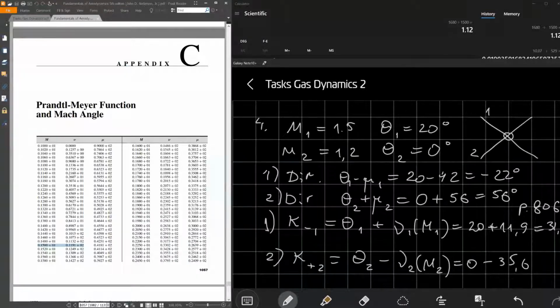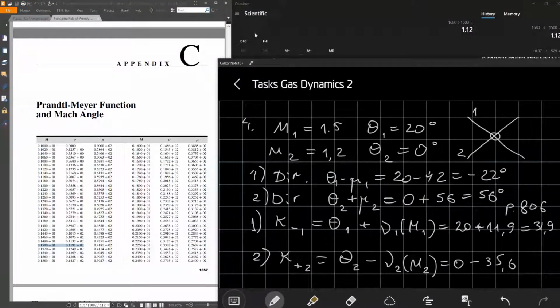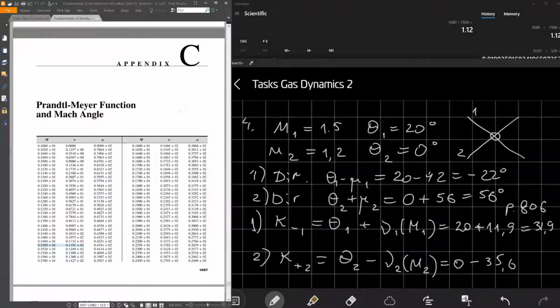Oh, it's not visible for you. I will move a bit my window. Okay, so it's not negative, it's positive. And here would be negative, minus 35.6. Okay,